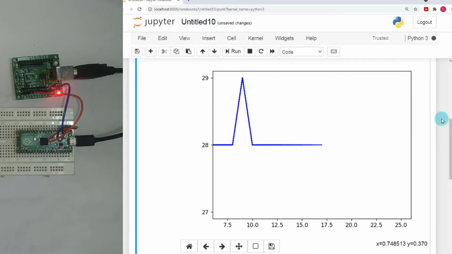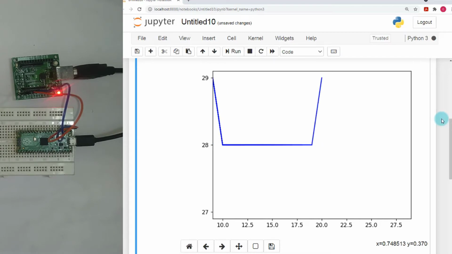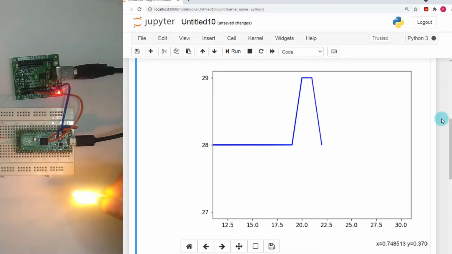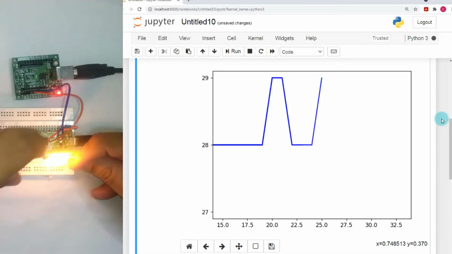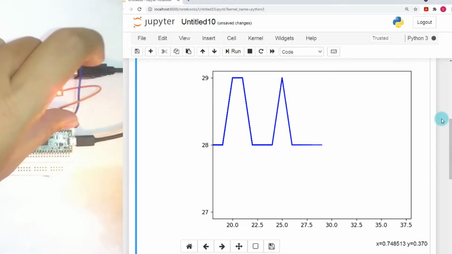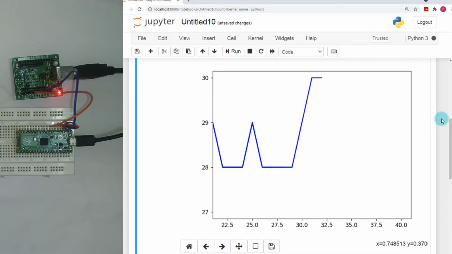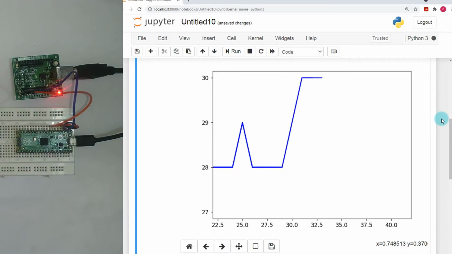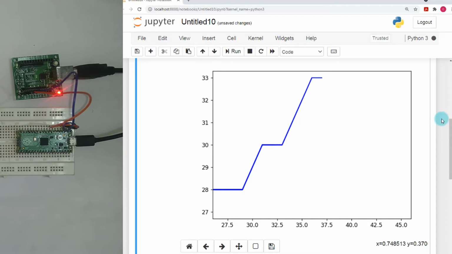So let us just give some heat to the Raspberry Pi Pico's onboard temperature sensor. You can see that the temperature has increased: 30, 31, 32, 33.